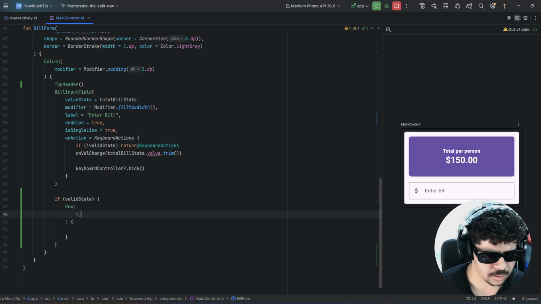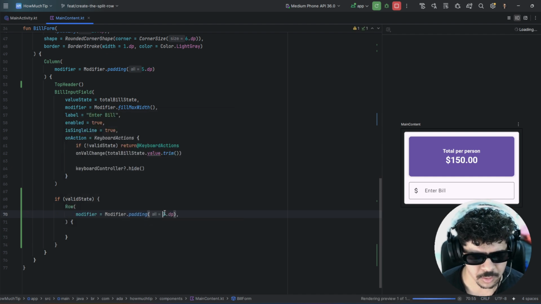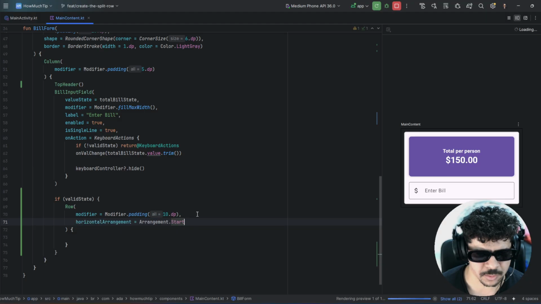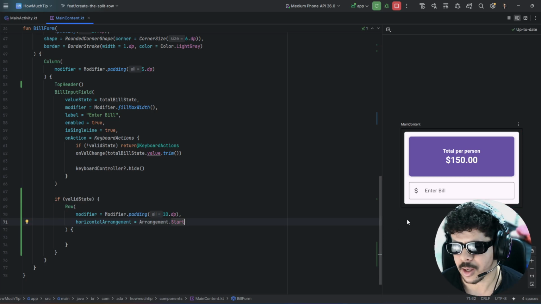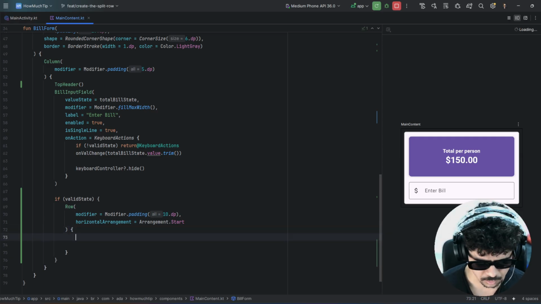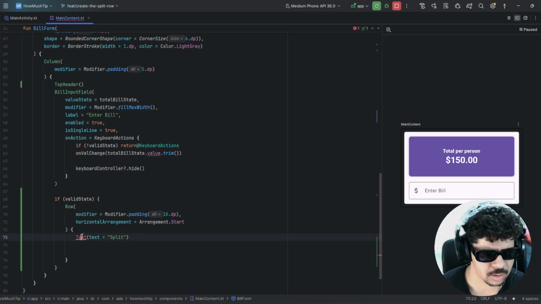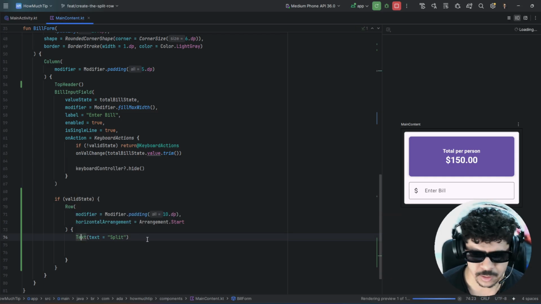We want to pass a modifier like this, but here we pass the padding in dp, something like that. And the horizontal arrangement, we want this to be the start one. So just import this, make this start. And what do we want here? We want a text, let's say Split like this. Let's make this import here, the composable Material 3,